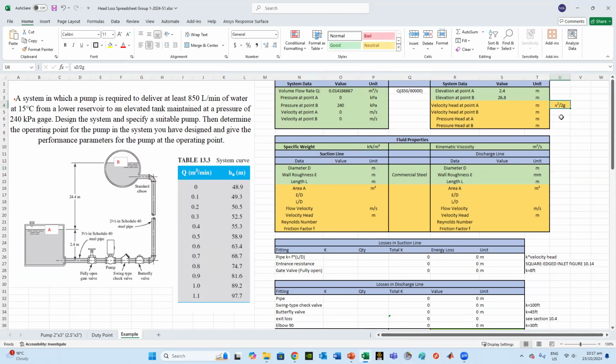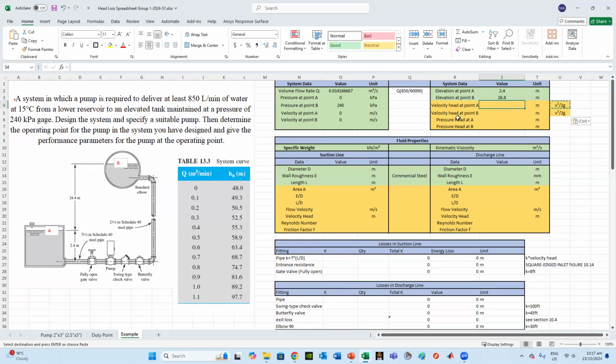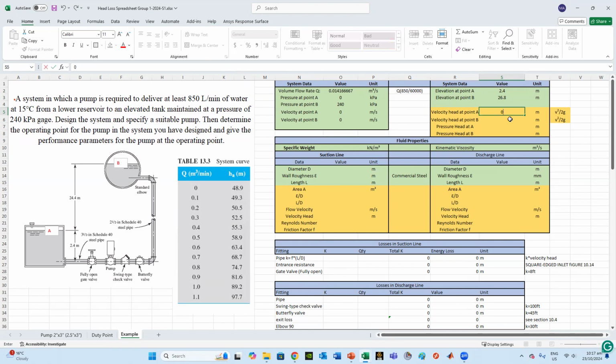The same thing for that one: v squared over 2g. Now, because the velocity is 0, that will be the value. That needs to be adjusted. Control X needs to come here so it can match the values. We keep that one just the same like this, so people will understand what we're coming with. Since the velocity is 0, 0 squared divided by 2g is 0, and 0. Pressure head at point A: because the pressure at point A is 0, the equation, if